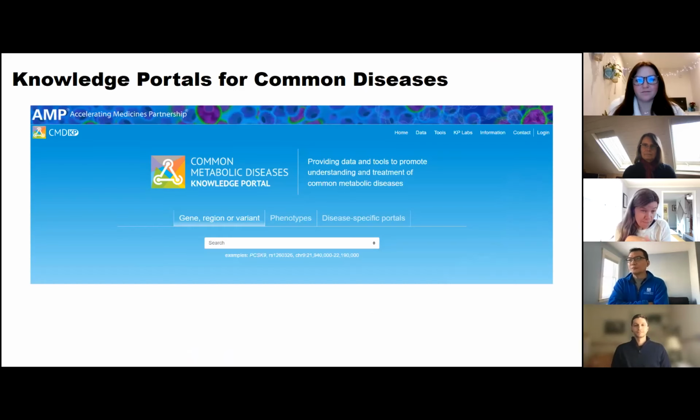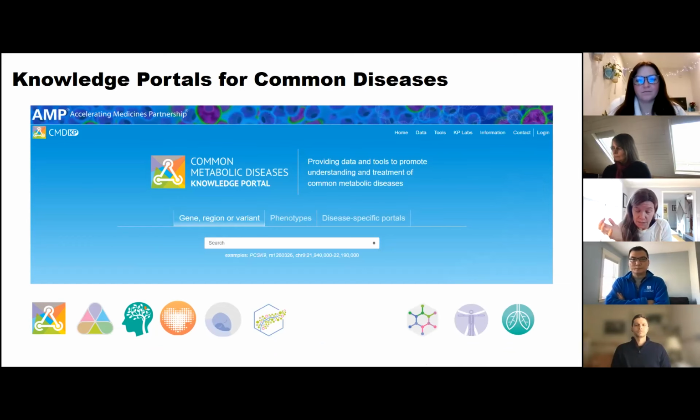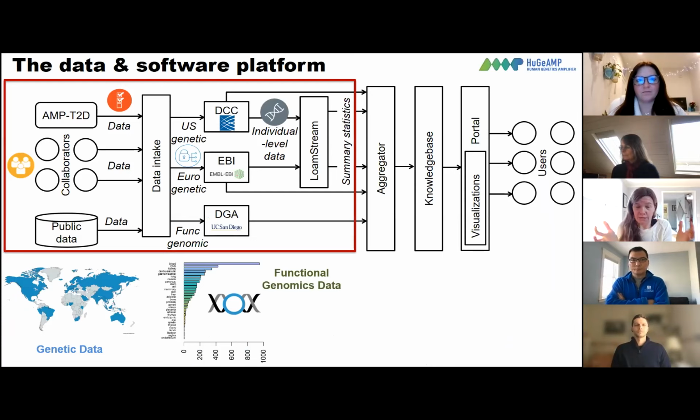Just to begin, you all know us for the knowledge portals for common disease that we've built, culminating in the Common Metabolic Disease Knowledge Portal that houses 5 disease-specific portals. In addition, the 3 other complex disease portals, including ALS, musculoskeletal disease, and lung disease. And these are all built on this very large data and software platform that we've built for several years now,